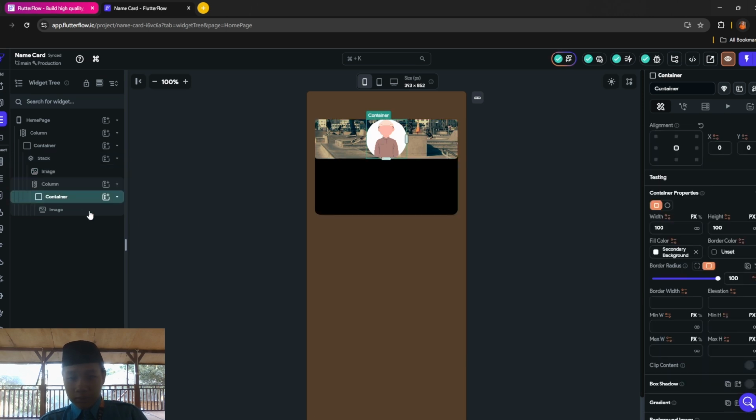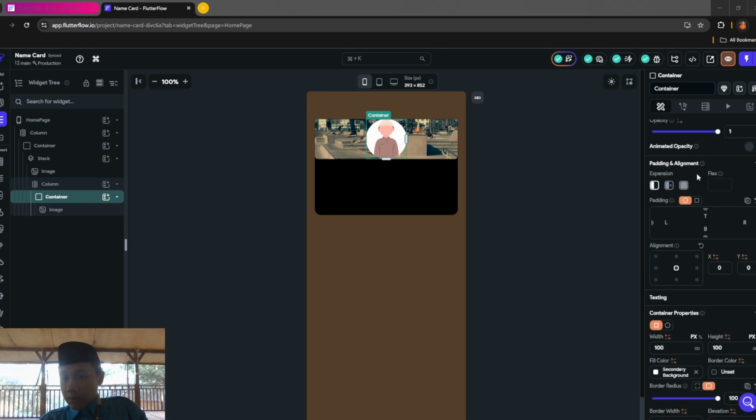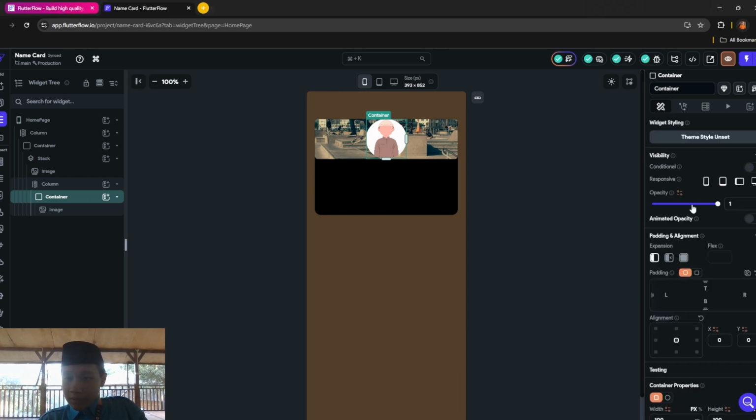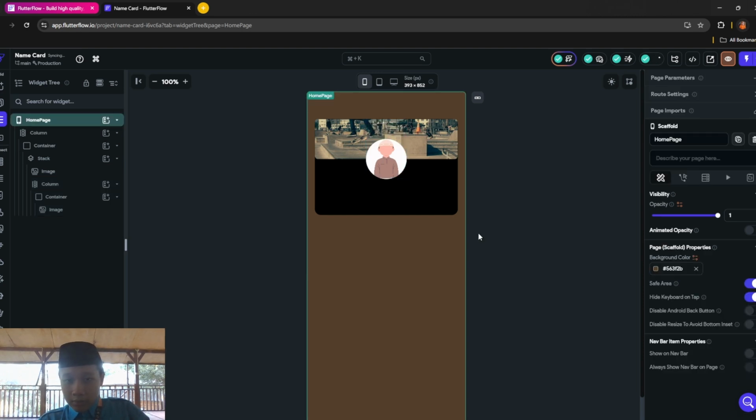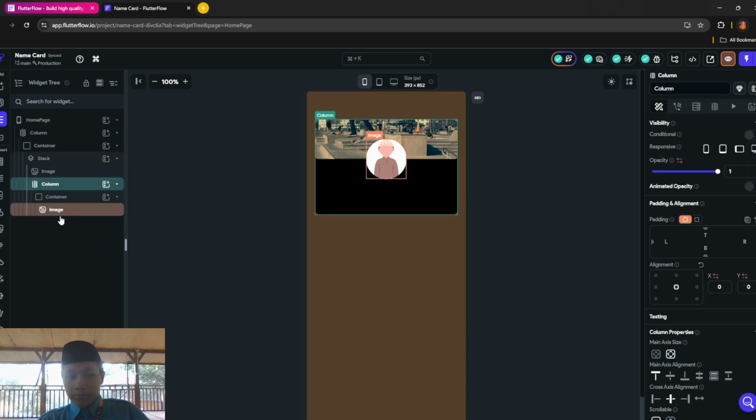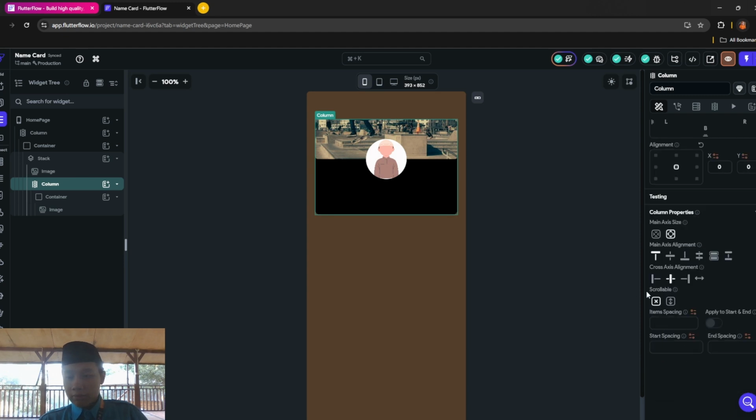Maybe we can do this: on the container, add a padding of 50. It should look like this. Oh, it's white. Because it's white, it won't show.